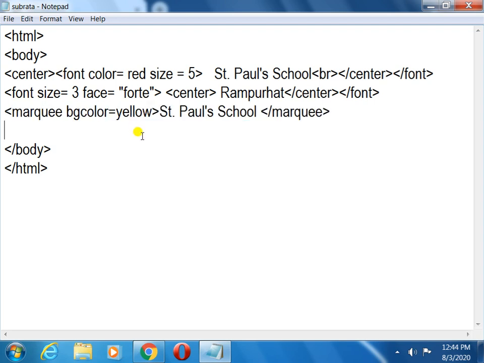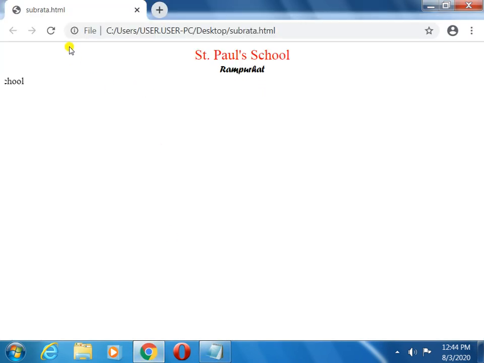So the marquee background color will come, not for the full page. Just refresh. Now you can see the background color yellow came and the text color is black. So the background is for the marquee tag, not the full page.